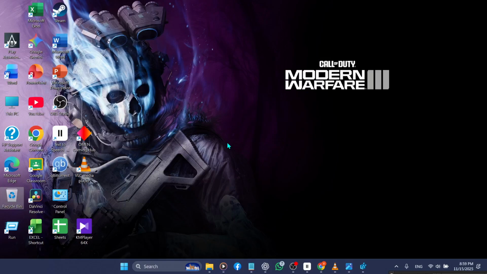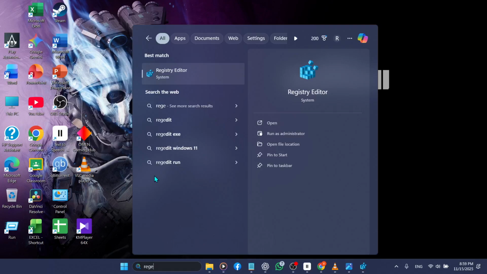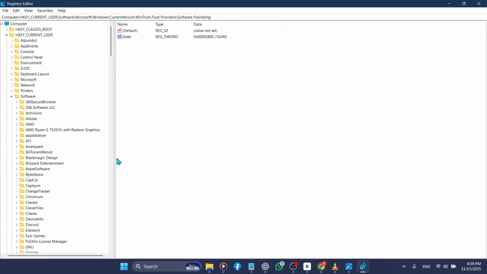We'll start with the first method, which uses the Windows registry. Begin by opening the Start menu and typing regedit into the search bar. When it appears, right-click and select Run as Administrator. Once the registry editor opens, navigate through the folders on the left panel, expand HKEY_CURRENT_USER, then open